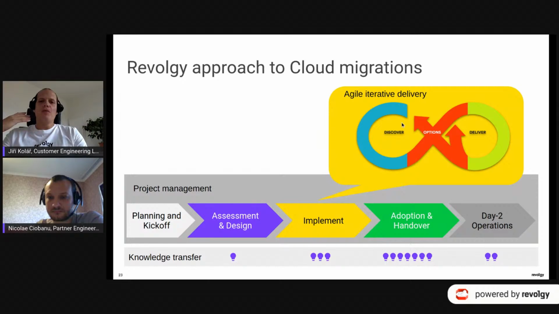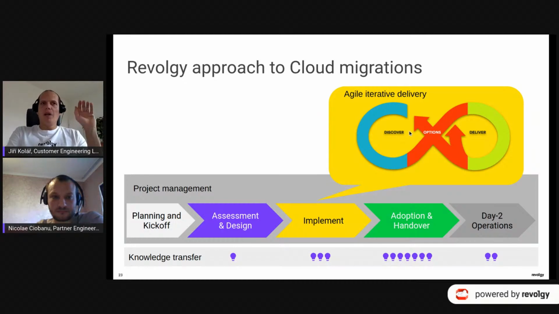Which basically means that we do the discovery and delivery in circles, right? This is an agile way. We're using agile methods. So typically these are short sprints, and typically this is about working and migrating specific workloads and applications. So what we do here very often is we have a look at every application, see how the migration could be, see if there are some potentials for improvement, how it can be optimized when it's running in cloud. We implement the migration itself, meaning that we prepare the infrastructure in the cloud and prepare the actual migration